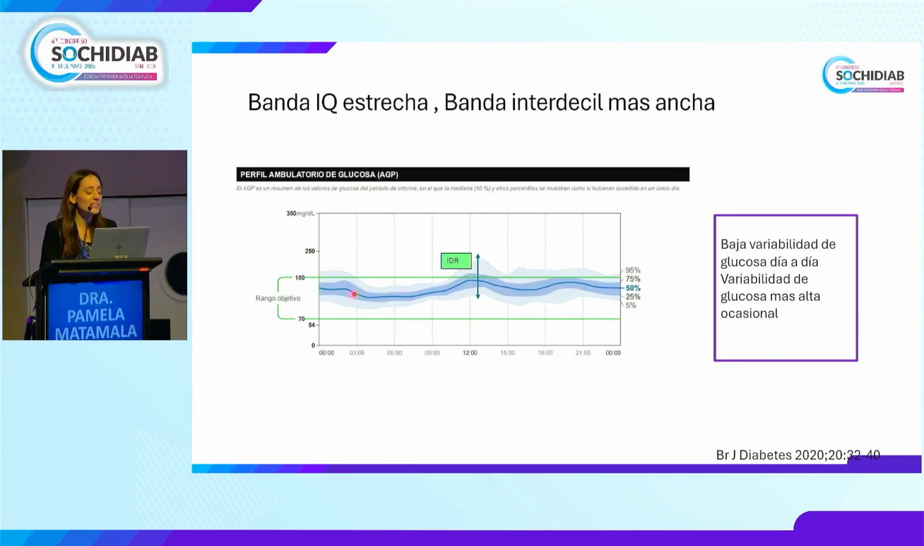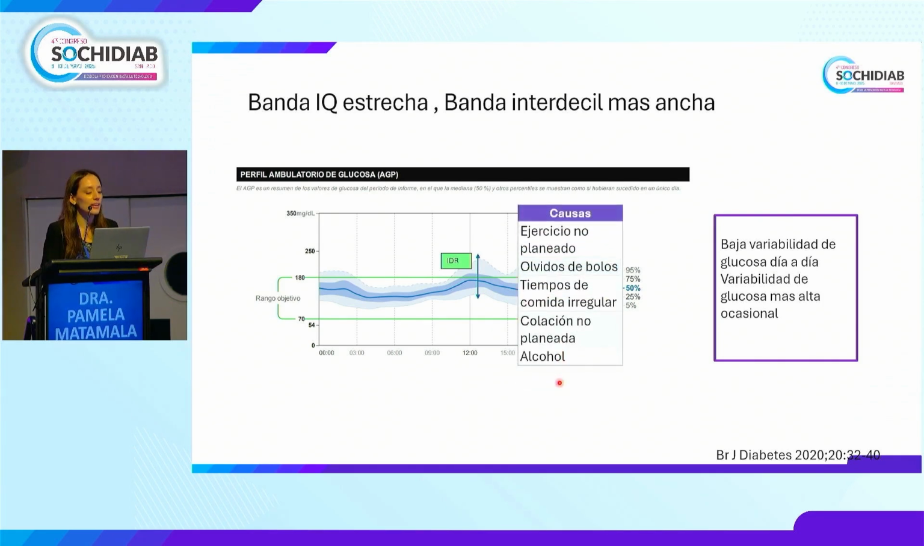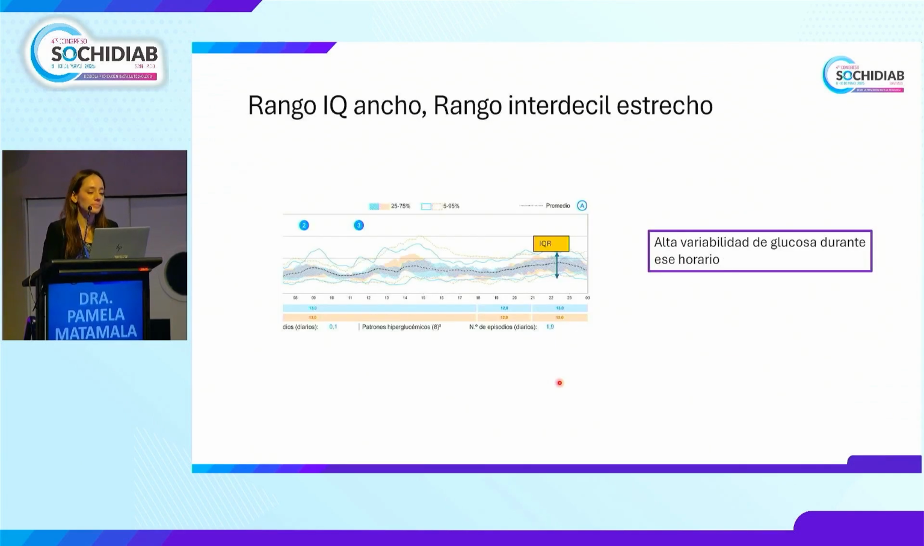What happens here? Look at this case. I don't know if you had found this. This is a little harder to find. This patient has an interdecile range that is thicker and an interquartile range that is thin. So day by day, the patient doesn't have much variability of glucose, but he has occasional variability. In what cases can we find this? When the patient has unplanned exercise, some days exercise, others not, forgetting boluses, irregular eating time, unplanned eating, or intake of